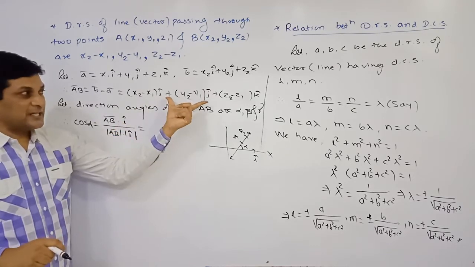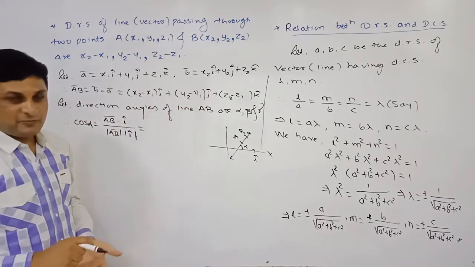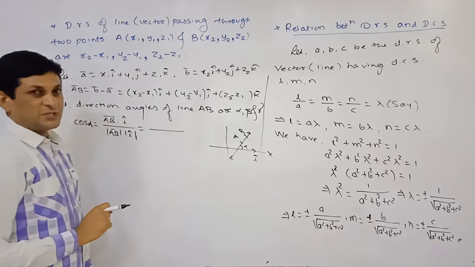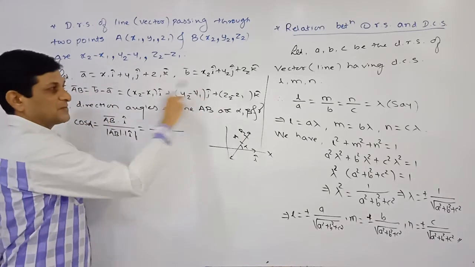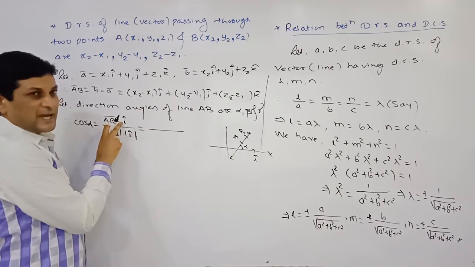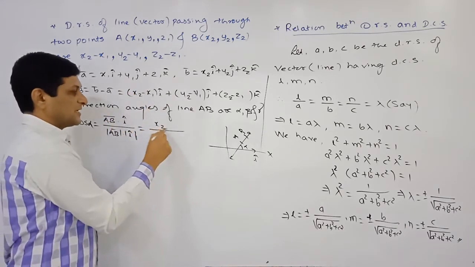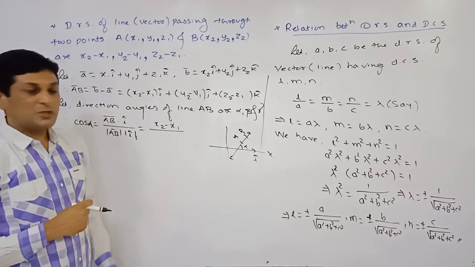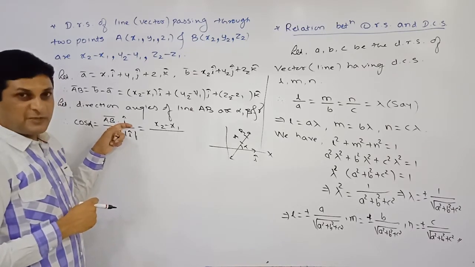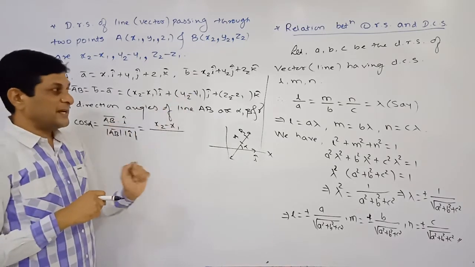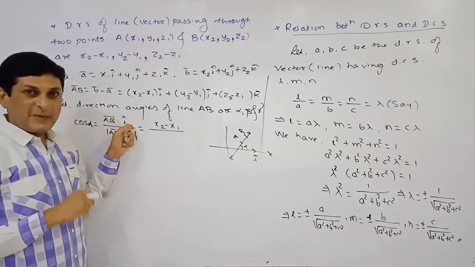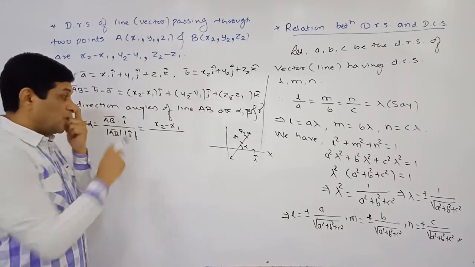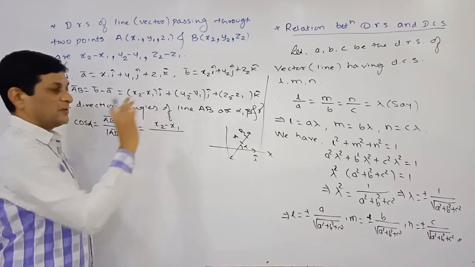This vector is represented in Cartesian form, and we know that if vectors are represented in Cartesian form, then to find the dot product, first take the product of the coefficients of i cap. Observe that AB bar, its value is written here. Now, what is the coefficient of i cap here? 1. 1 into (x2 minus x1) is x2 minus x1. Then take the product of the coefficients of j cap. But in the second vector, j cap is missing, meaning its coefficient is 0, and 0 into (y2 minus y1) is 0. The term of k cap is also missing here, meaning its coefficient is 0. 0 into (z2 minus z1) is also 0. So the result we get is that the dot product of these two vectors is equal to x2 minus x1.